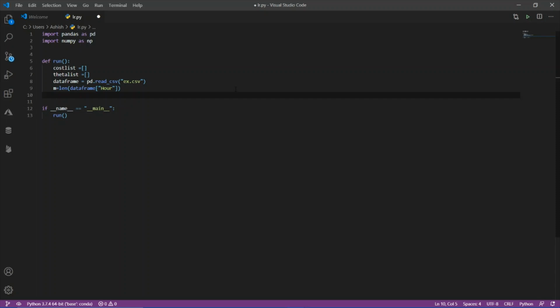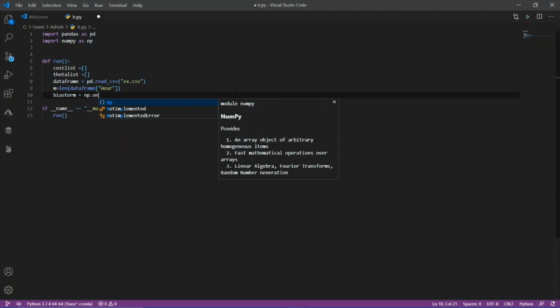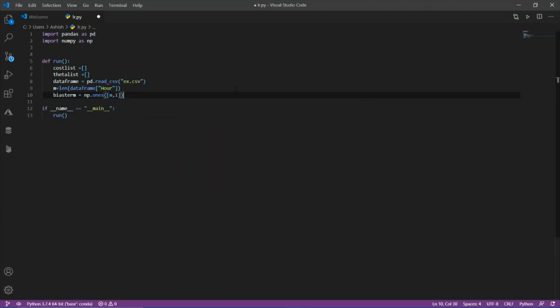Okay, then I will define our bias term. So the bias term equals to np dot ones.